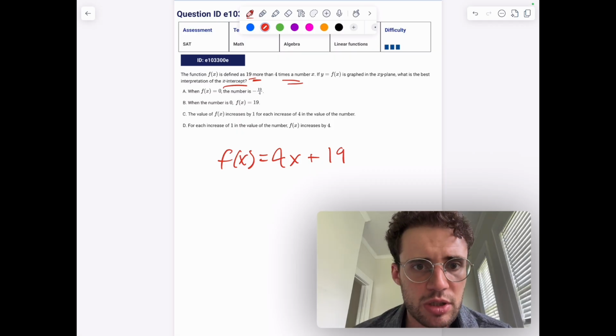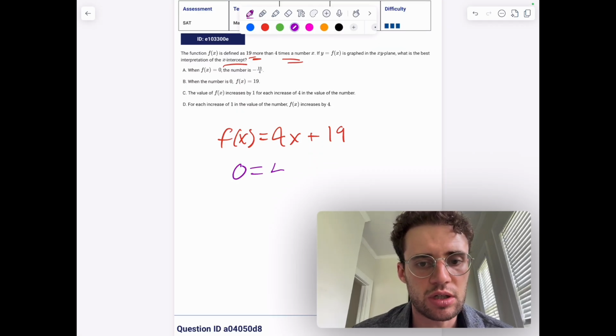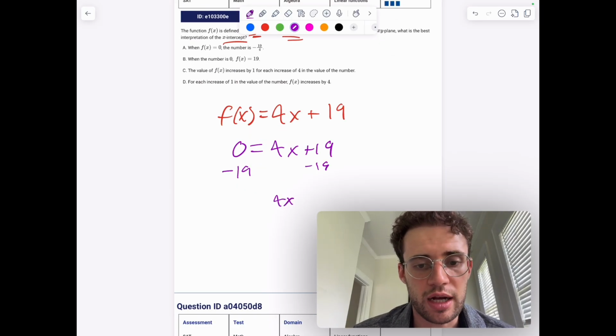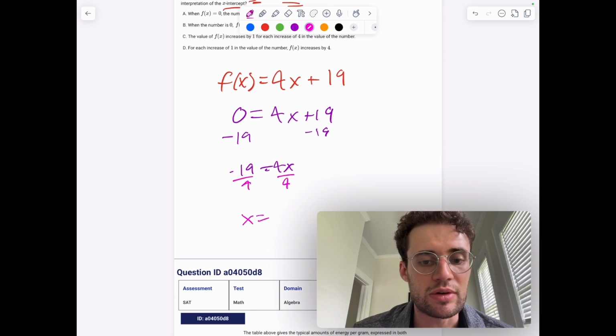What is the best interpretation of the x-intercept? So the x-intercept is when f of x equals 0. So 0 equals 4x plus 19. If they want the actual number, you would subtract 19 from both sides. That gives you 4x equals negative 19. And then you divide both sides by 4 to get the x alone, and x is equal to negative 19